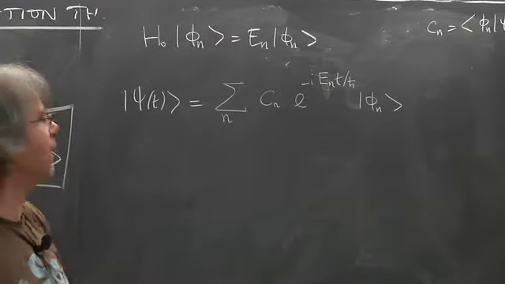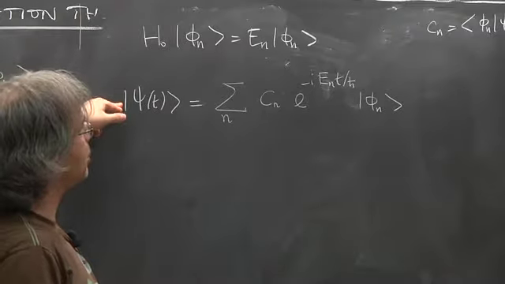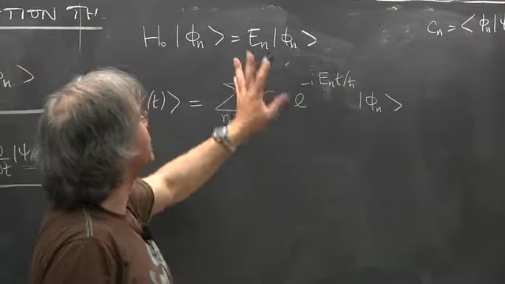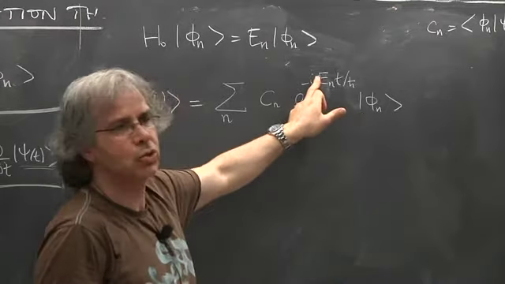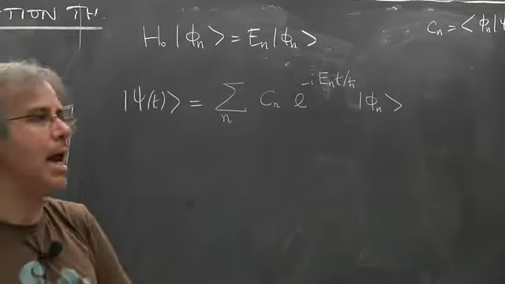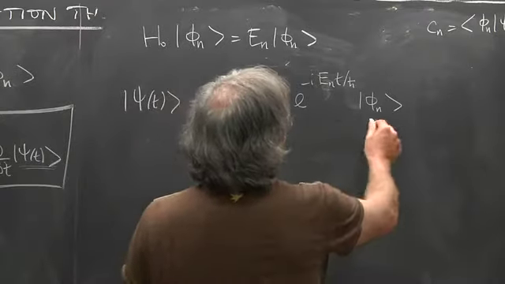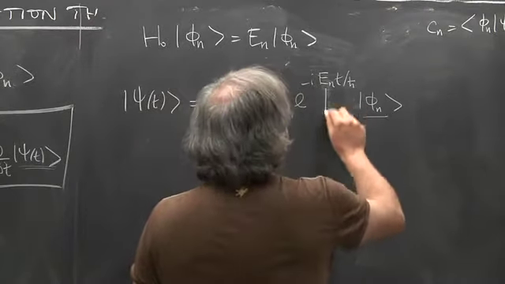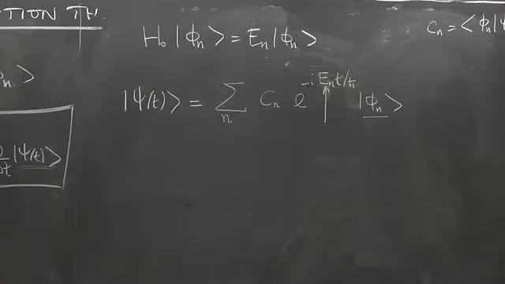Okay? So if I know how to solve the problem, I know how to solve the time-dependent problem because I just need to expand the initial state on the basis, and then the solution is simply that. Now, what happens if I have this perturbation V? Well, I can try to make use of that and say that I expand still on the same states. I again include this evolution. This evolution somehow takes care of this piece. However,